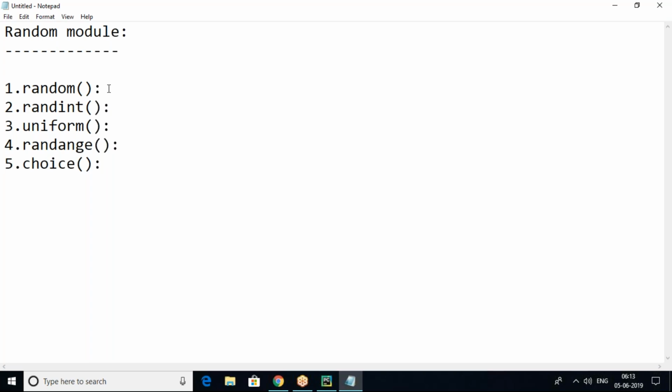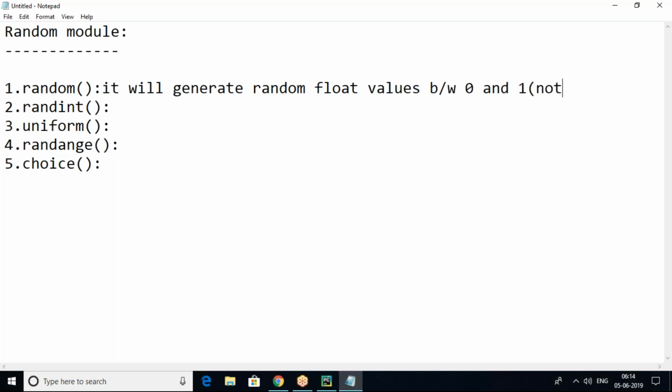So the random function, what will it do actually? The random function will generate random float values between 0 and 1, not including them.